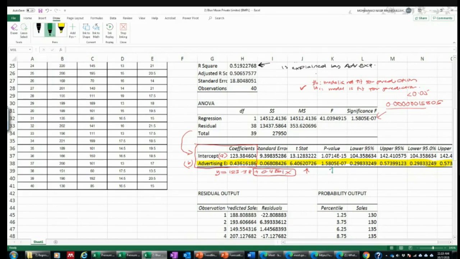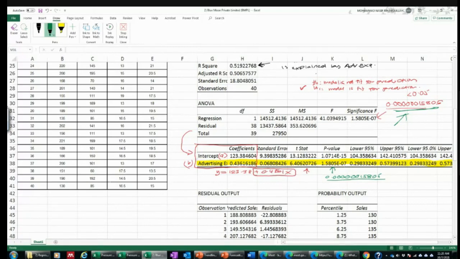And then the P value here is 0.0000015805. So kenapa sama? So sebab sama because we only measure a single variable. Right? That's why we're going to get the same value as the ANOVA table. Kalau kita ada multiple variables, nanti kita akan tengok lepas ni,